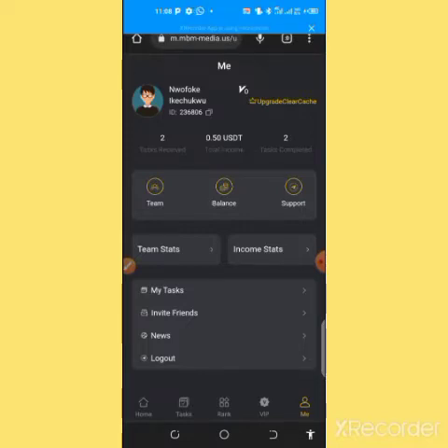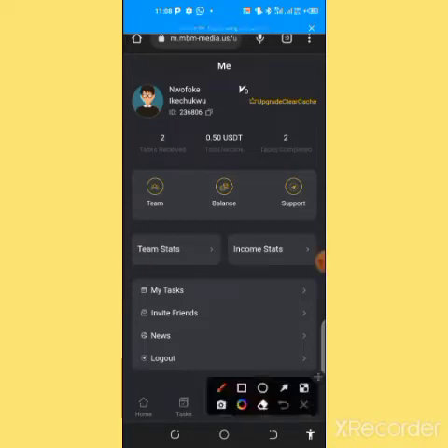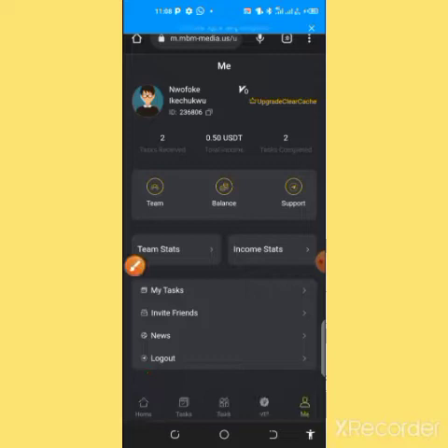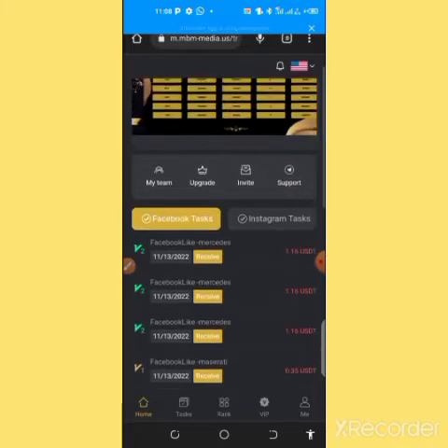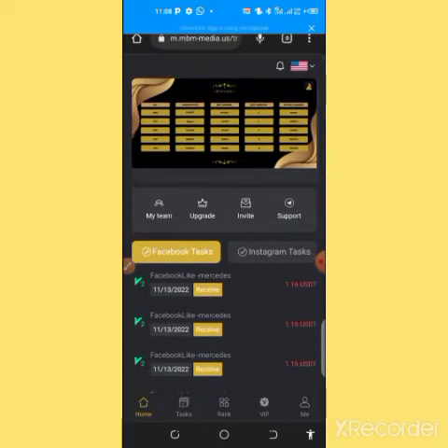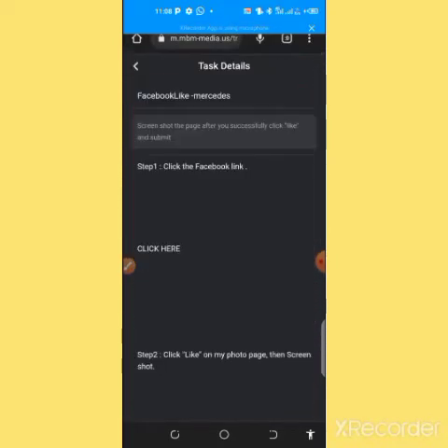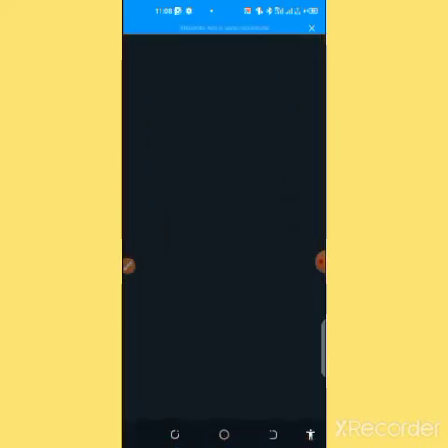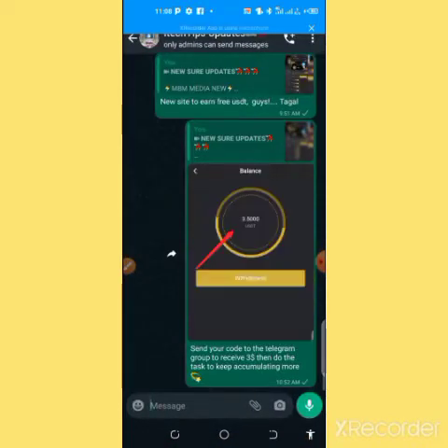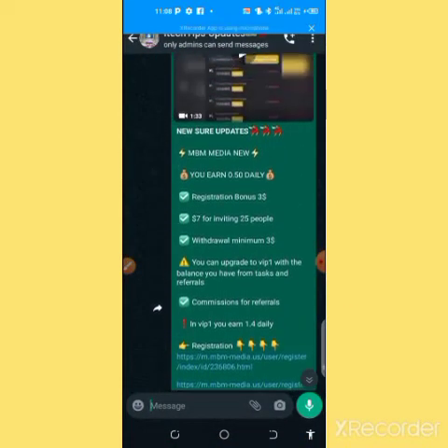Then you come to your dashboard. So when you get to log into your account with your email and password that you've registered with, you click on home. So this is actually where it's going to land you to. Now let me show you something, guys. So this platform is user friendly, and let me just dive into my WhatsApp platform to show you how this thing works. Now I've actually shared this in my group.